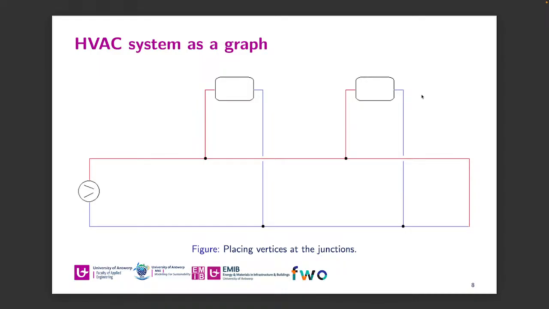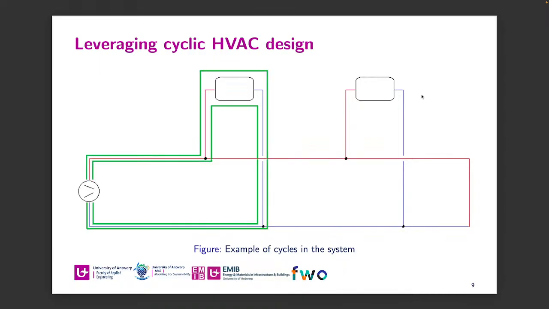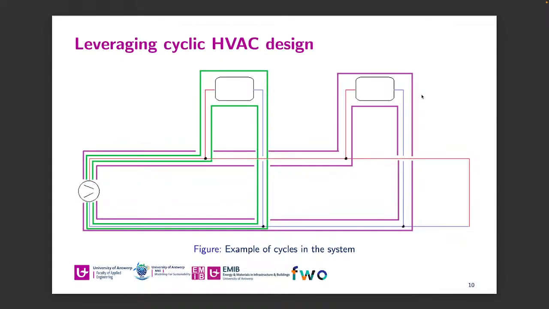Now for this research, because we are not focusing on pressure equations here, we just want to apply these mass flows to the system. We use a simple demand-based approach to calculate the mass flows. More specifically, what we did was, let's say we have this radiator here, then we assumed there was a certain demand flow to have the heat necessary to heat the room. And we assume that the system will provide this flow. And for this radiator, the same. And then we simply calculated the mass flows by summing these flows for these radiators over all parts of the cycle that these are part of.